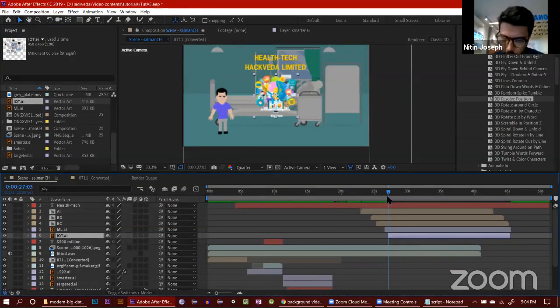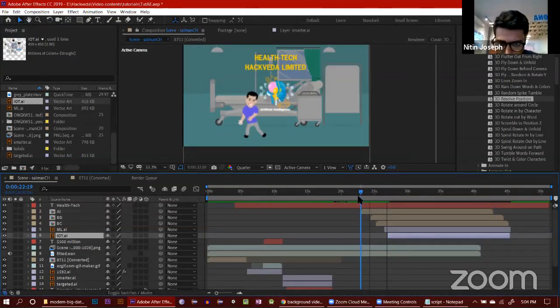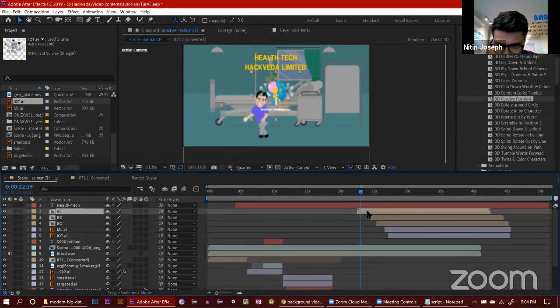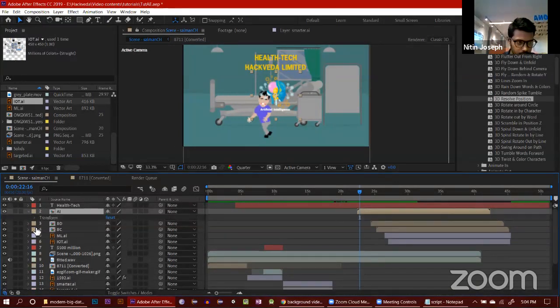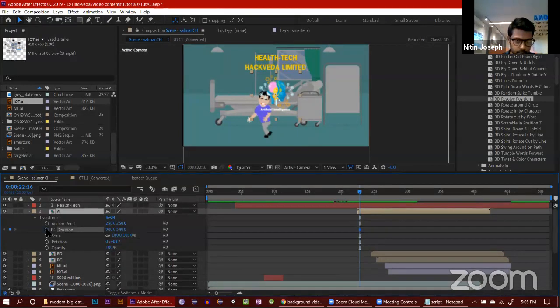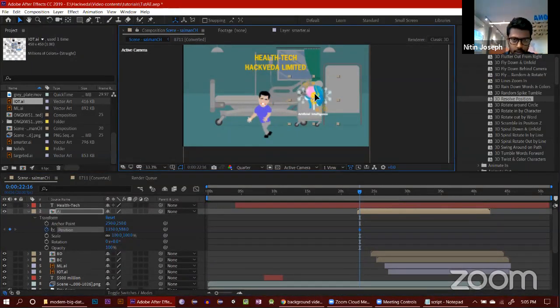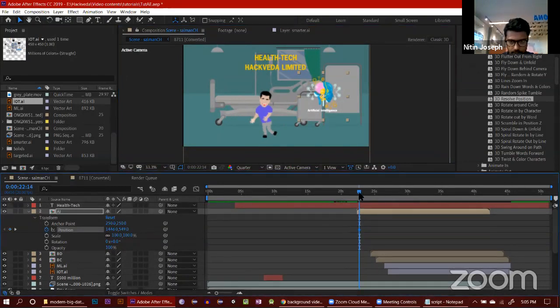So what we can do is we'll just start off from here. We have "end-to-end product on artificial intelligence", so I'll drag it in a bit. At this stage, the element should be at its final resting position, right? So I'll go to transform, select position. I want it to be somewhere here. Okay, so this is the position, but initially, let's say it is sliding